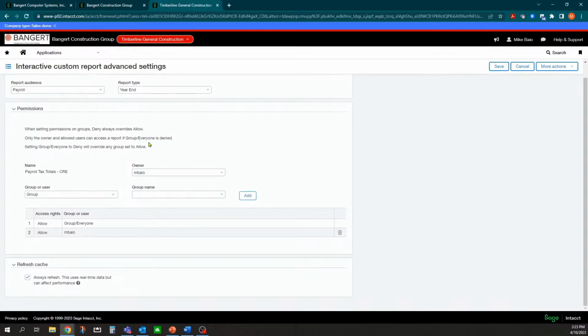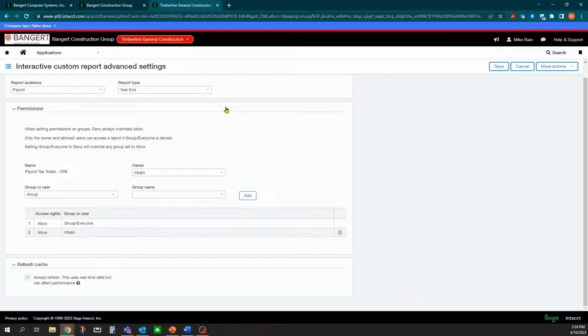In addition to that, you can also establish more detailed security on these reports. So what you can do is set up different user groups in the system, assign the users to those groups, and then assign the report to the group. So this can be a payroll report group, and it's only going to give people access to this report who have the role that is secured for this group. So you can even get further detail with security on here. I'm not going to do that at this time.